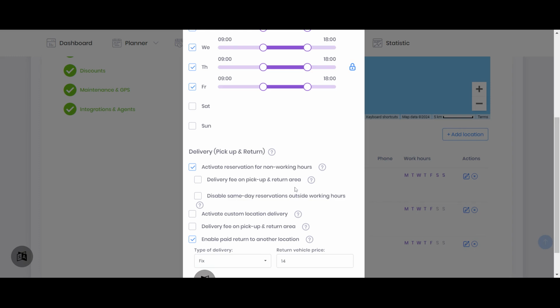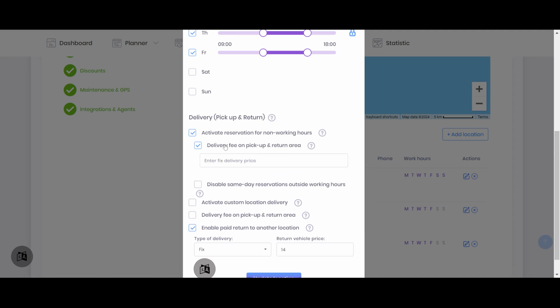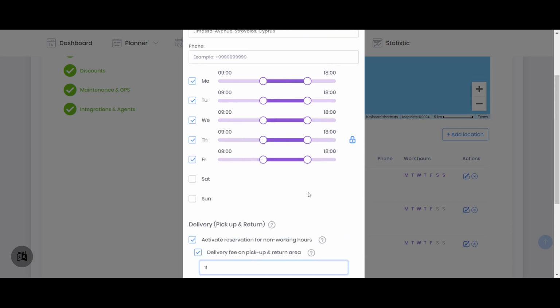Inside this section, 2 additional features are available. You can see delivery fee on pickup and return area, and disable same-day reservation outside working radius. Outside working hours. So let's activate the first one. Scenario, how it works. Let's mark it, let's say €11, and it means that every time when customer is trying